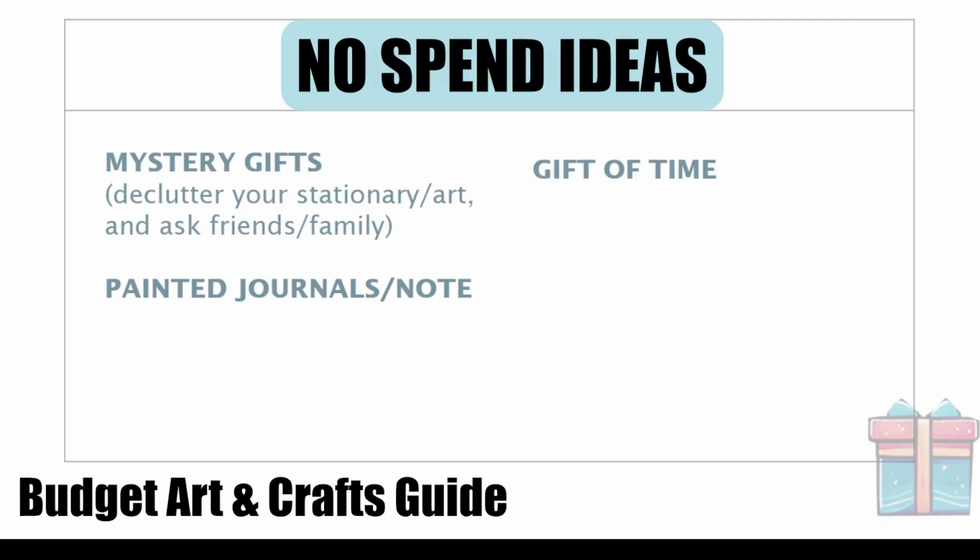Give the gift of time, whether it's decluttering, organization, planting seeds, gardening, yard work, or even technical help, whether it's the computer, mobile phone, or anything like that. Consider what you're talented at and make a homemade card and a voucher of the hours and what month you can help someone in need. Even if that person doesn't want help later, it's often the thought that counts, especially if they keep that card